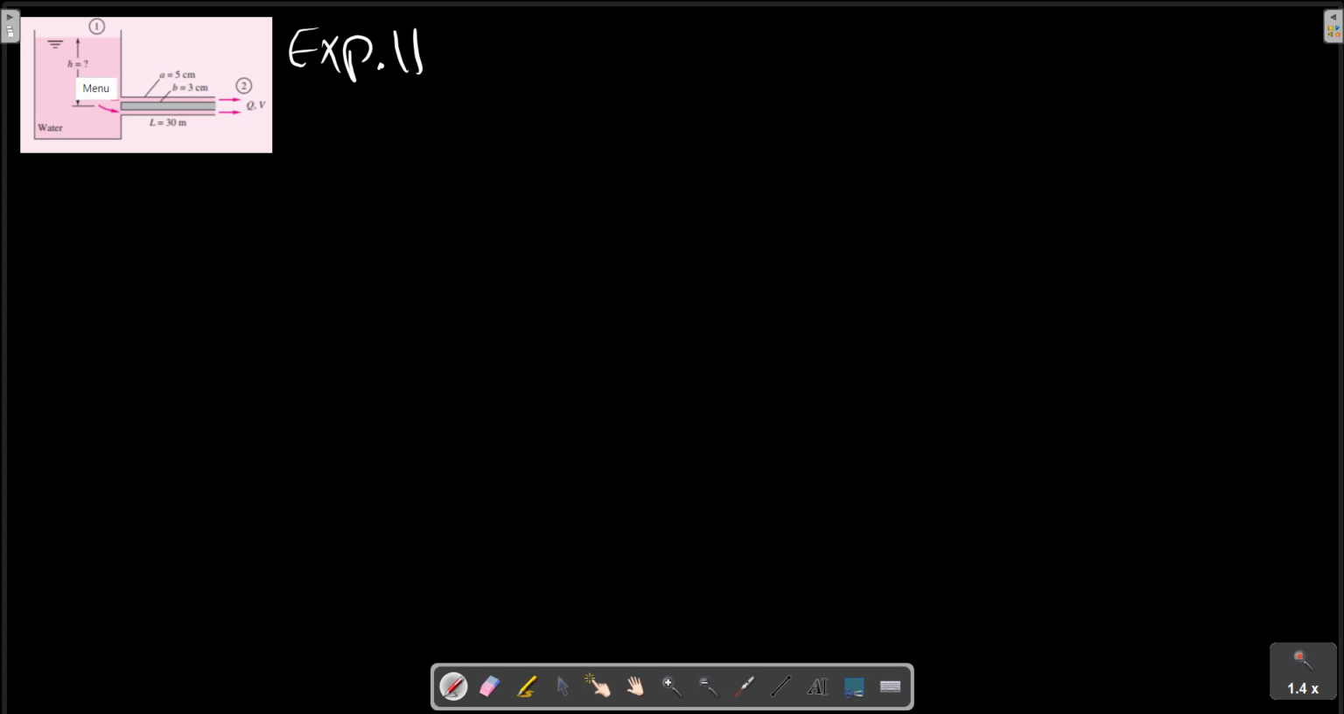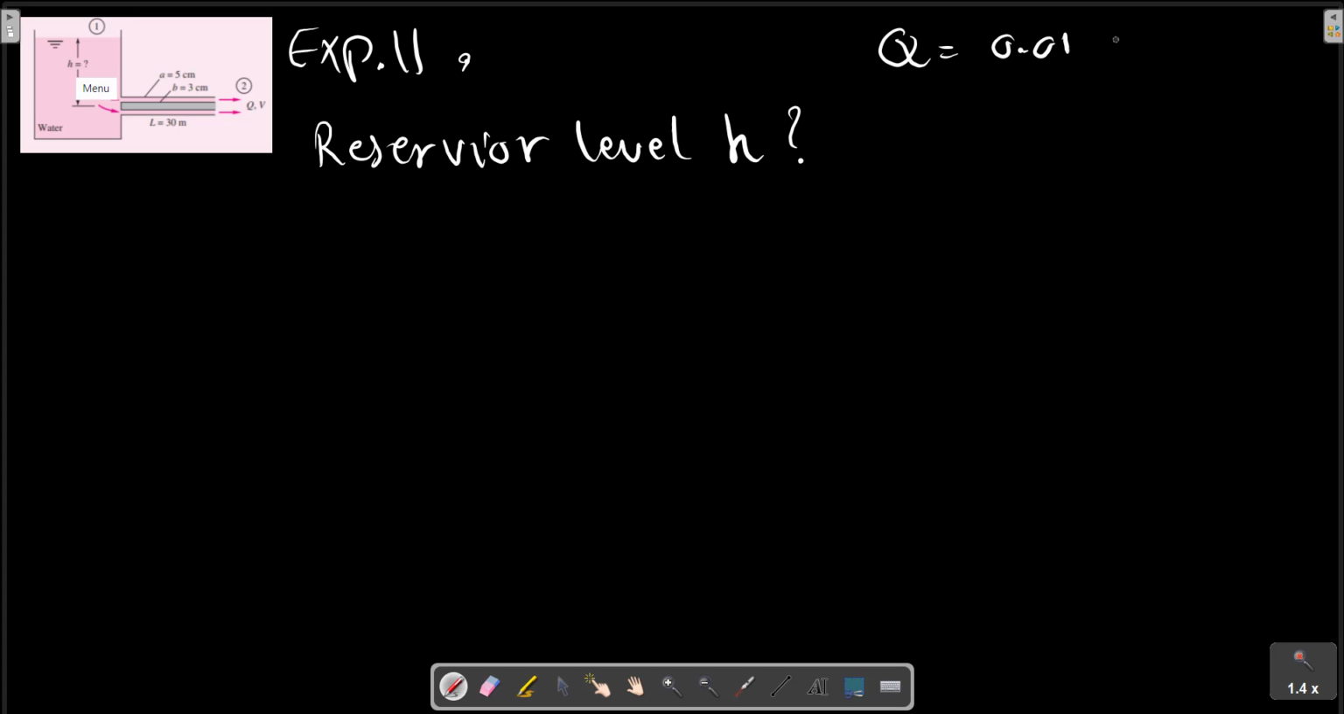What should the reservoir level H be to maintain a flow of Q equals 100 m cubed per second through the commercial steel annulus, 30 meters long as shown here, L? Neglect entrance effect and take